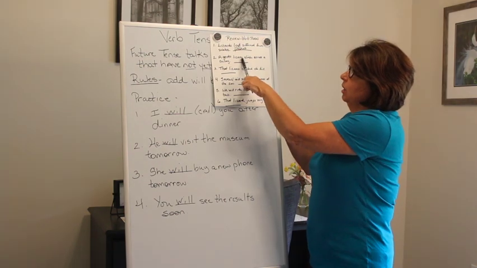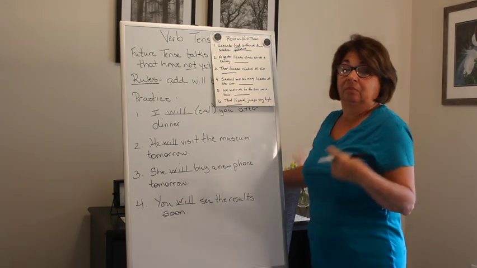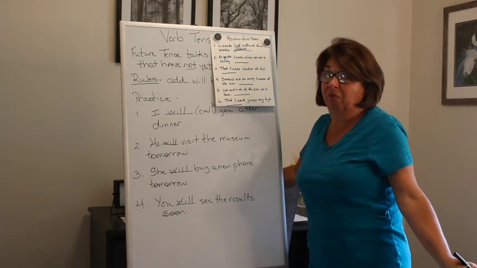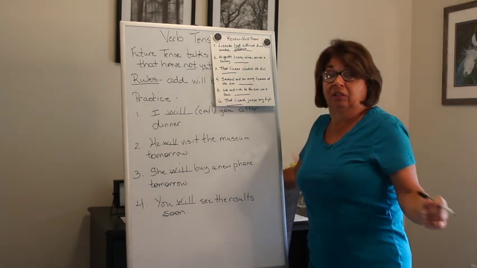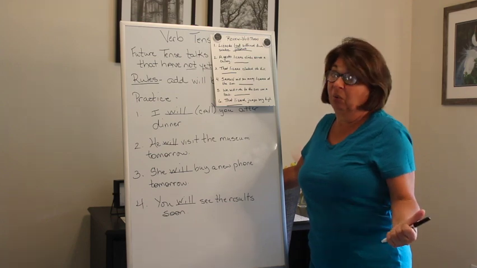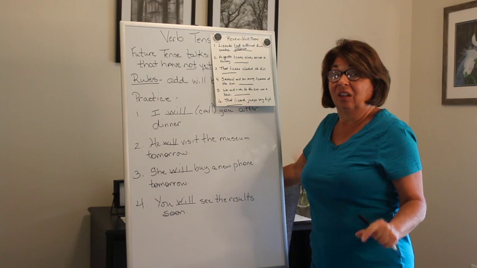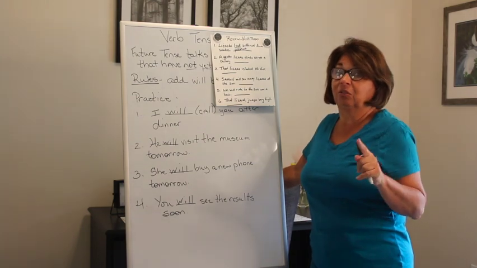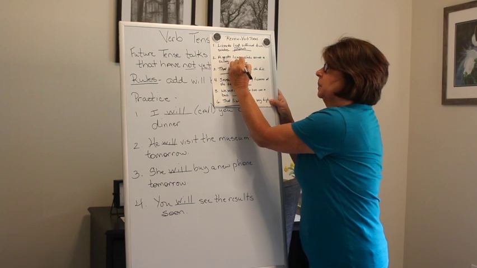All right, a gecko lizard climbs across a ceiling. Did he do it before? He climbs. So is he doing it right now? Did he do it in the past? Or is he going to do it in the future? We don't see will, so there's no future. It doesn't end in ED, so it's not the past. So if he climbs, it's just got that S on it. He's doing it right now. So again, present tense.